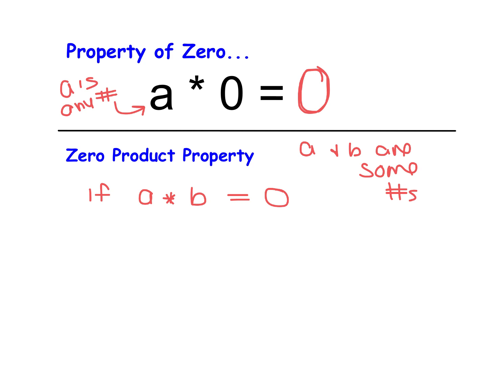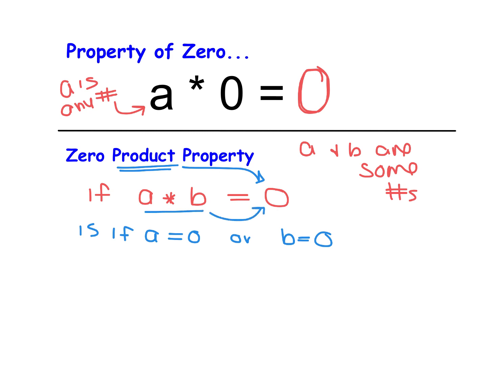If that's the case, the only way for a product to equal zero, the only way for that to happen is if a equals zero or b equals zero. So that's what the zero product property tells us. It says if two numbers are being multiplied together and they equal zero, then one or the other, or both, are equal to zero. And we're going to use that knowledge to our advantage to help us solve some new